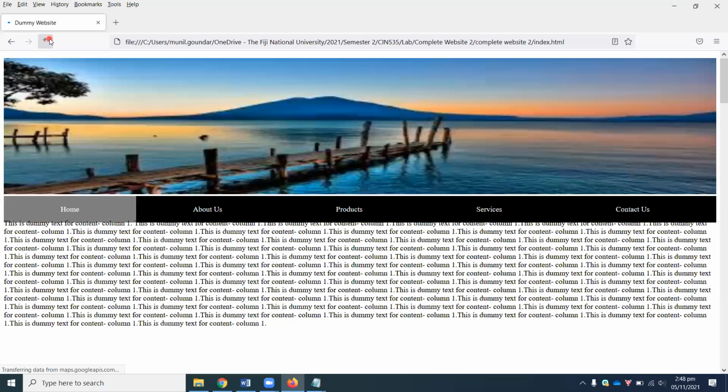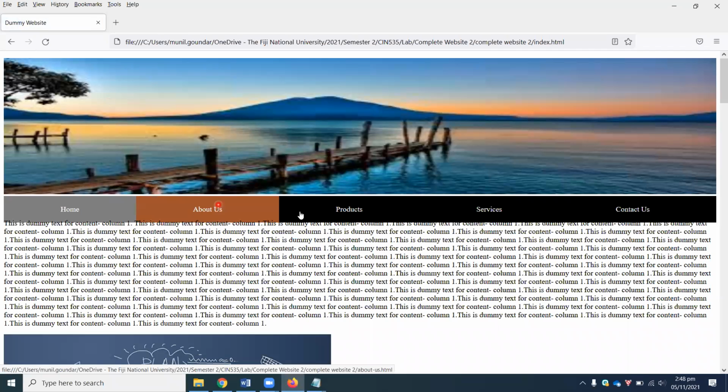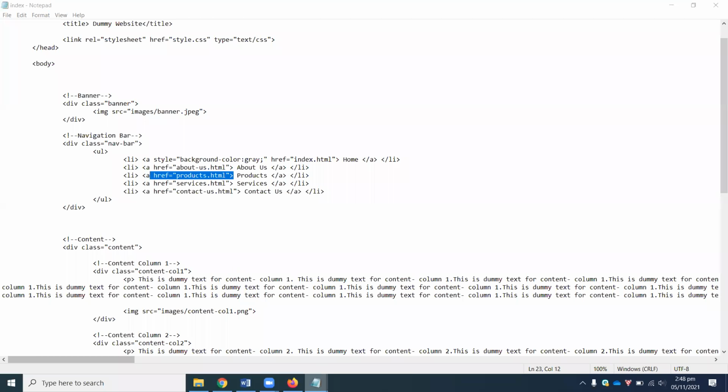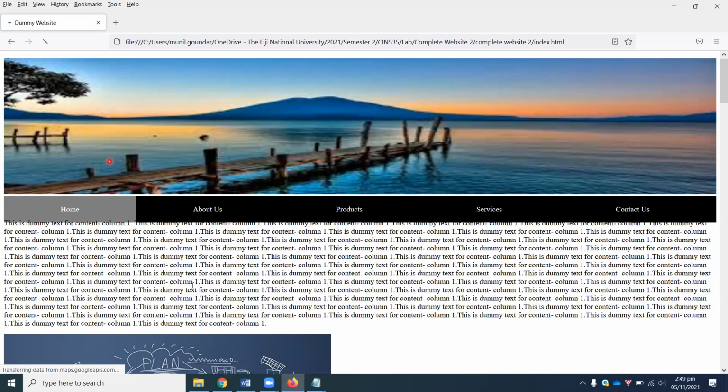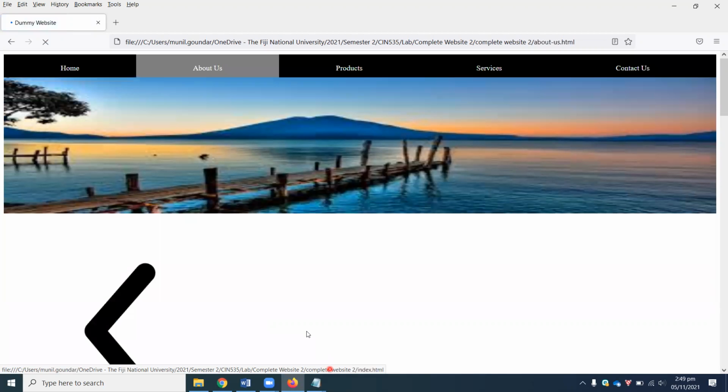Go and refresh your browser. So when I place my cursor on top of the other links, I would see a change in color. So sienna is that color. Okay, and as for hover, the background color. Moreover, let's have the color as white. Now, what would this effect do? So you have a background color which changes to sienna and the color changes to white. So if I go and refresh my browser, I click on it,